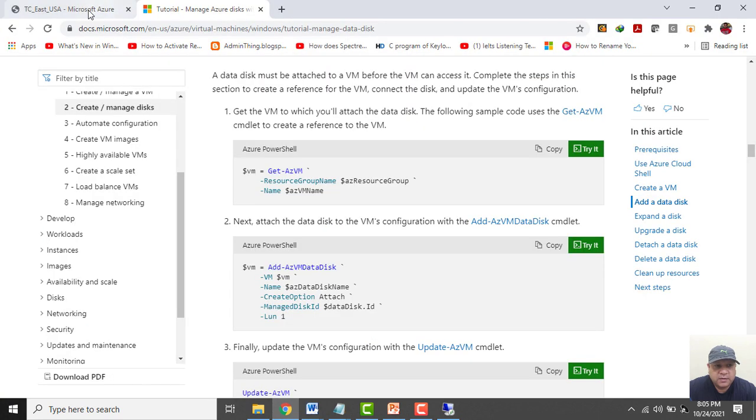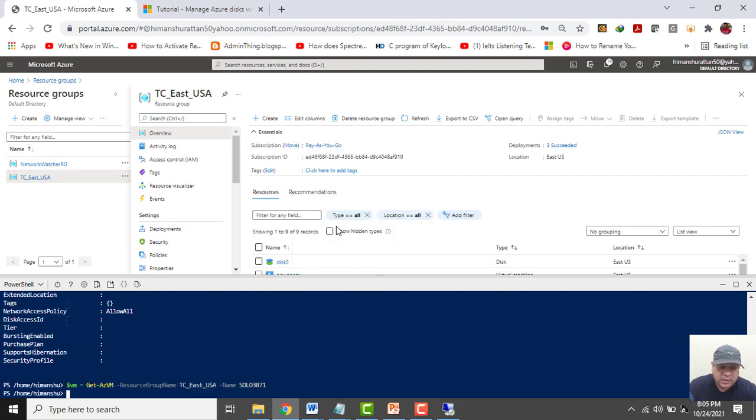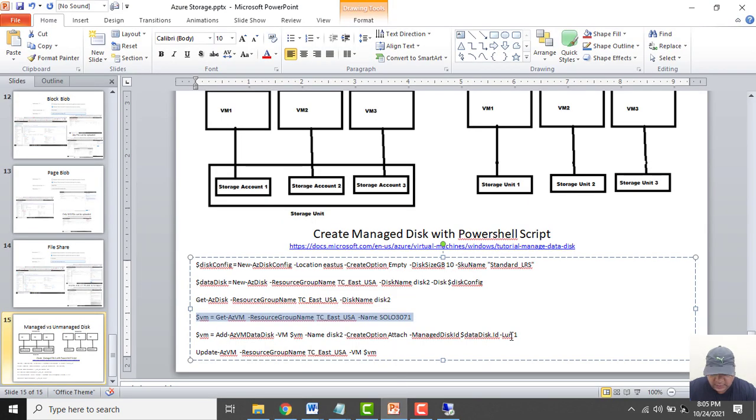So let's do it. Let me configure one variable $VM. It is configured now. Now I will add this disk to this VM as LUN 1. It is the managed disk, the data disk ID I have provided, and the disk is disk2.